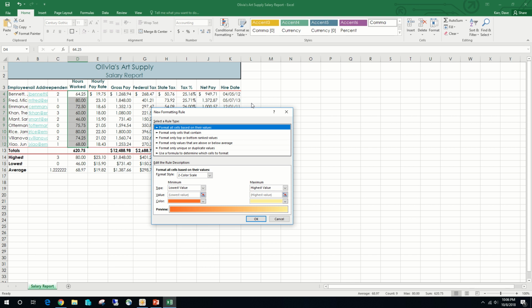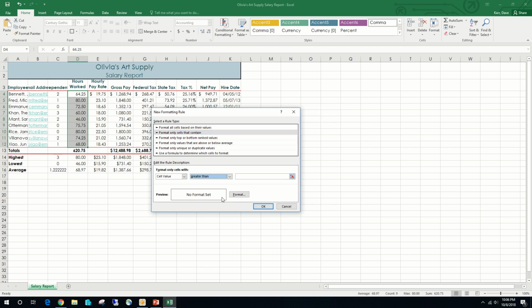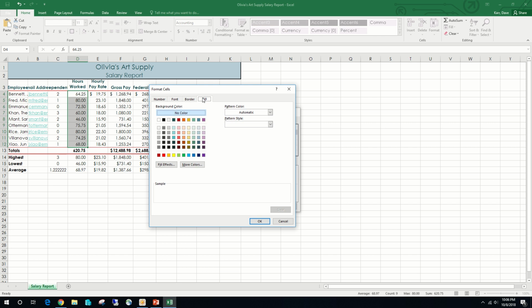This new rule is going to be format cells that contain only a cell value that is greater than 72. We're going to format our value to have a fill color of